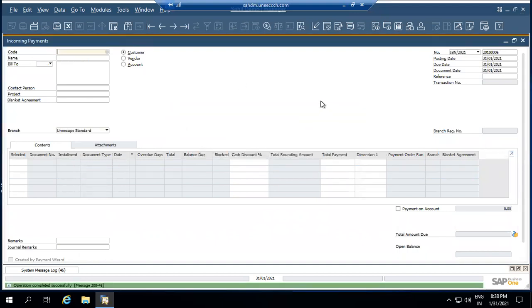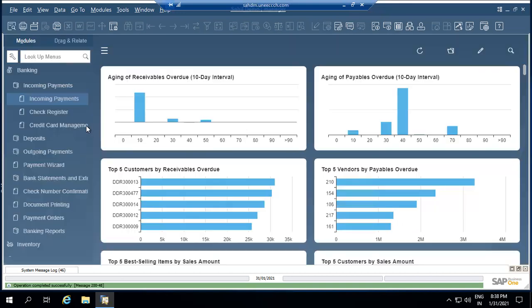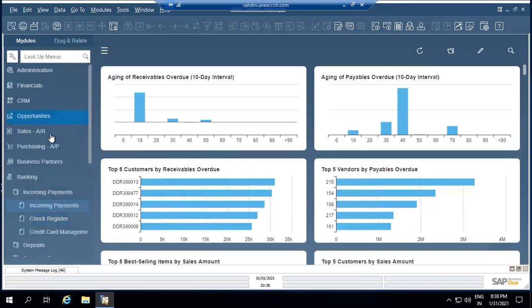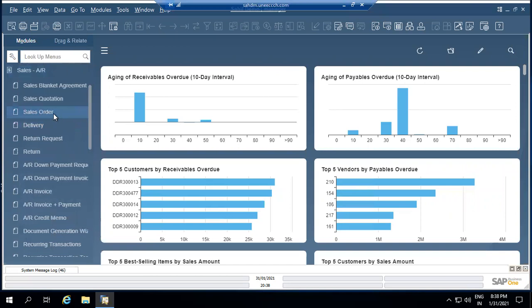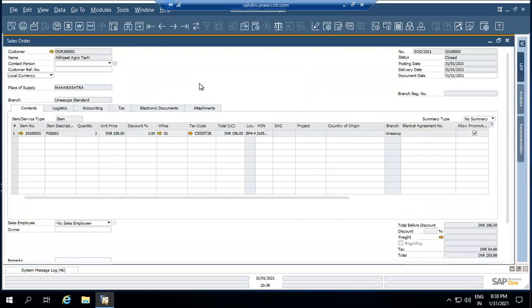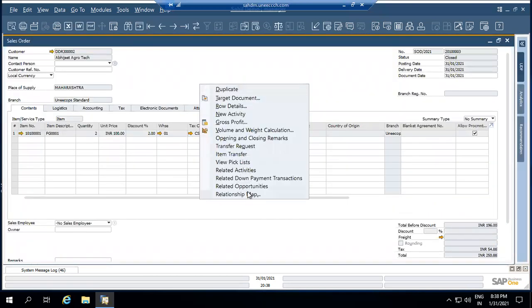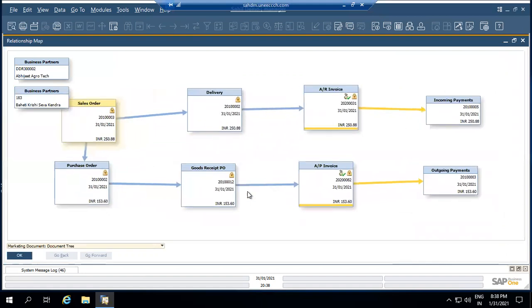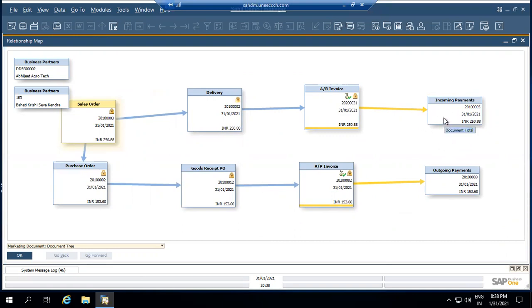So you can see that I have done the entry of receiving payment from the customer. Now, if I again check my sales order, there might be some update in the relationship map also. So yeah, you can see that I have completed the sales cycle and I have received the payment.